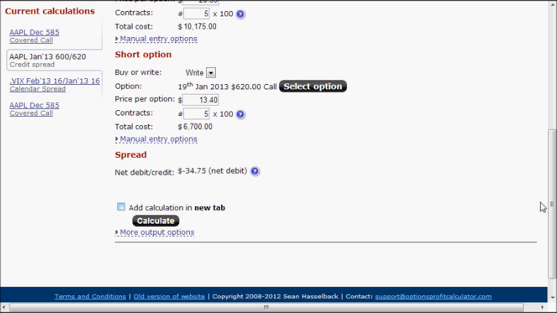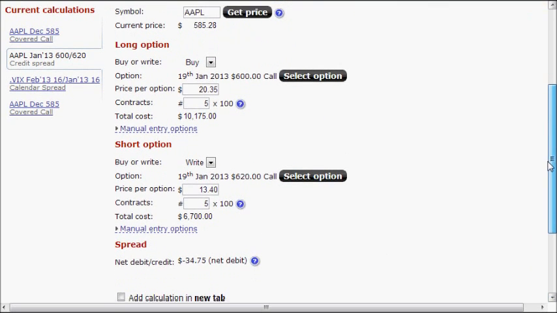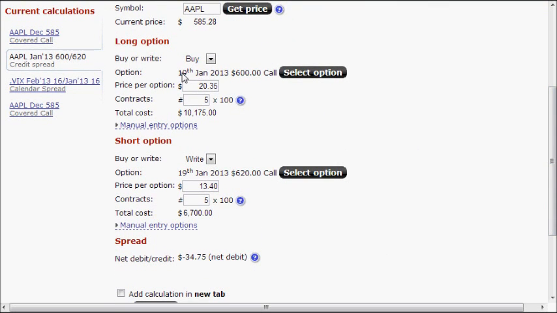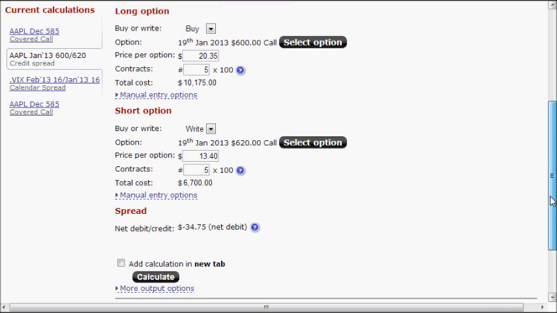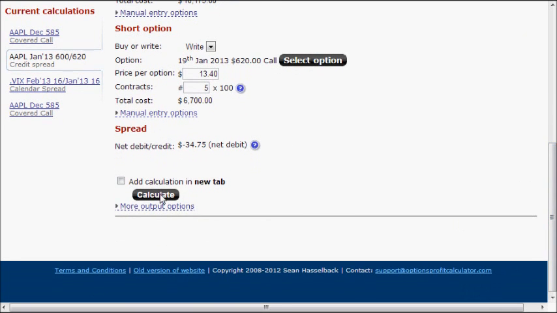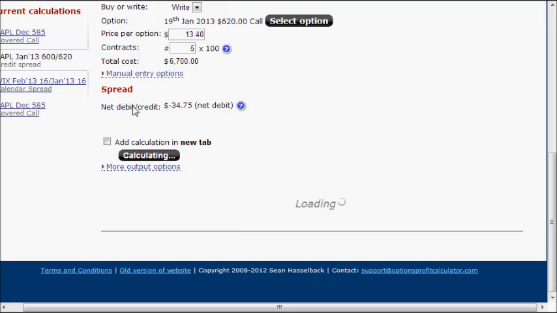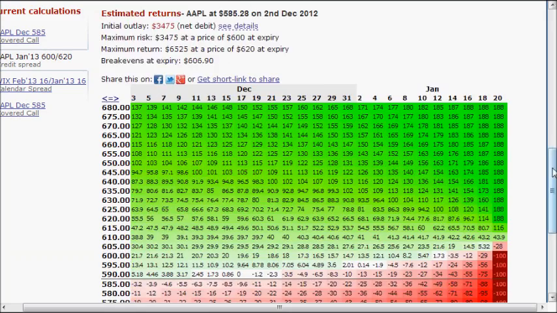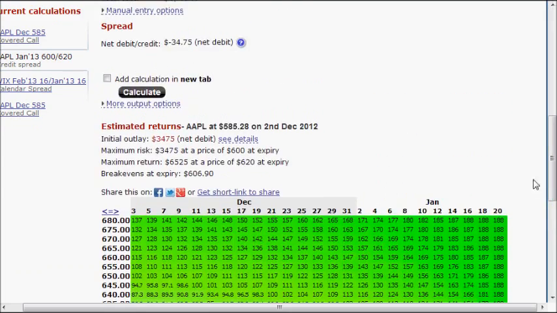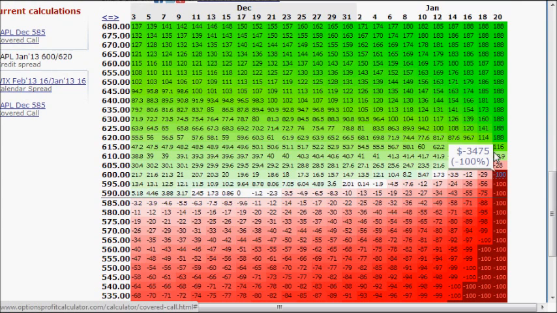Here's a call credit spread, so it's on Apple as well. We're buying the 19th January $600 call and writing or selling the same month, same expiry, 620. So this is going to be a bullish call spread. You can see the debit or credit in the spread there, and you can see the profit and loss is a lot more substantial. It's a much higher risk trade. Of course, 188%